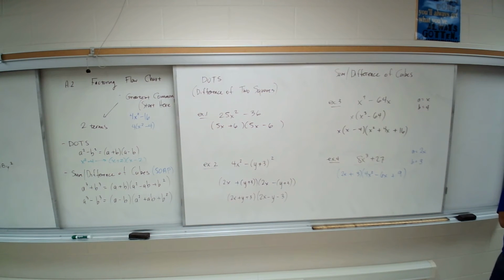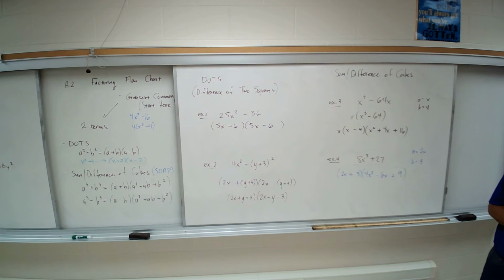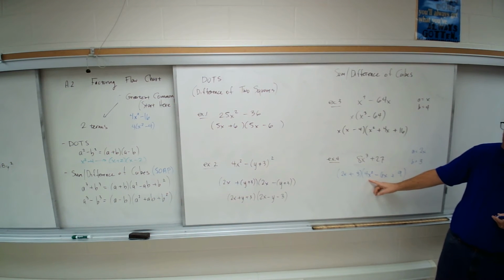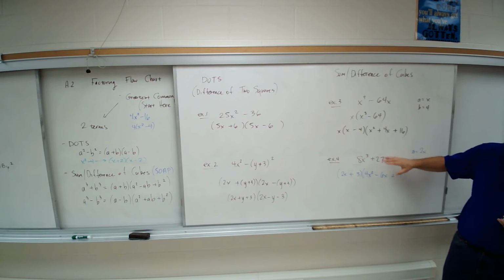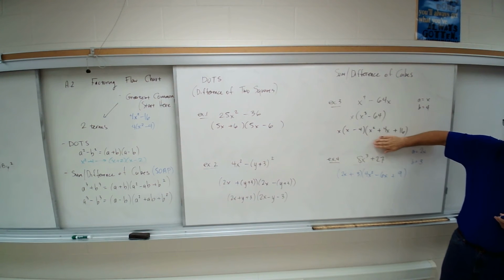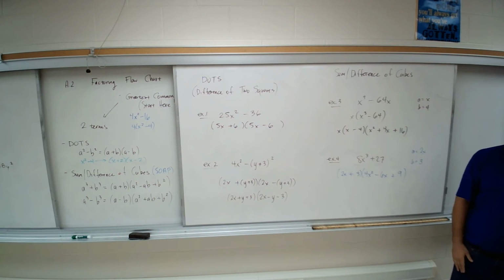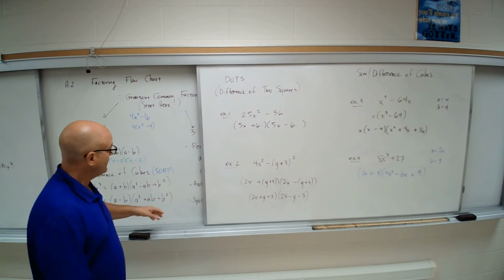Something to note as we do more factoring, and this could happen even on your Delta Math or something: this looks like it's going to be a perfect square trinomial, possibly, right? It has the 4x squared, it has the 9. Whenever you're doing the sum or difference of cubes, this trinomial that you get ends up as never factorable. Like if you do it right, it's never factorable. Notice that here,